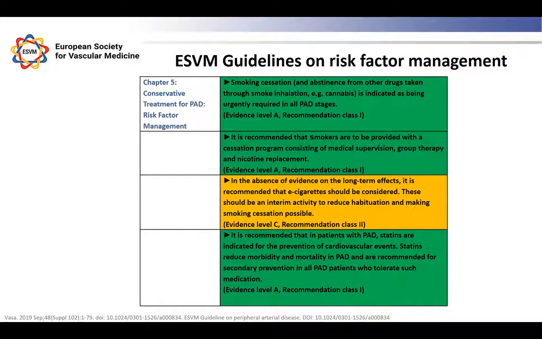Now, there are a number of guidelines for peripheral arterial disease. The European Society of Cardiology and the European Society of Vascular Surgeons got together a few years ago and wrote a very good guideline. But this is a more recent one. The risk factor chapter was published in September, and the whole guideline was published in December. And it stresses the importance, obviously, of smoking and, as you would expect, statin therapy.